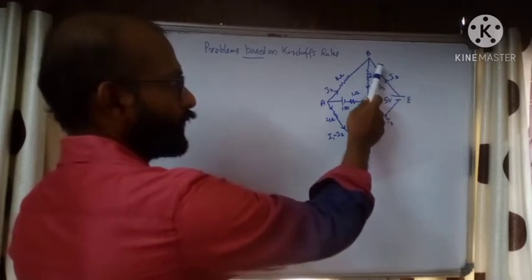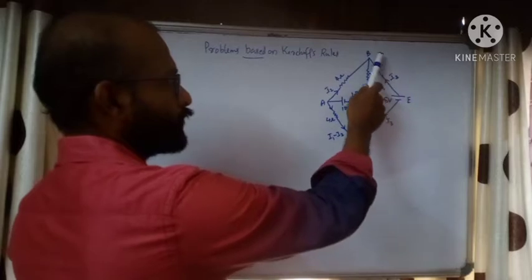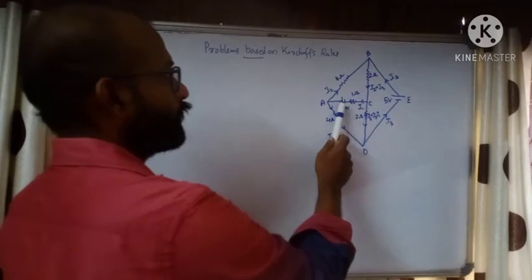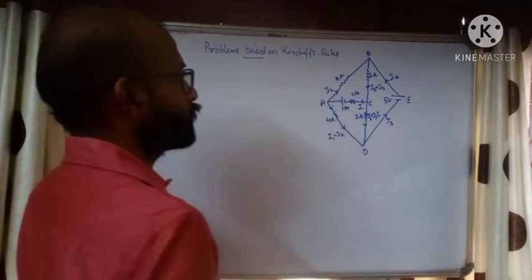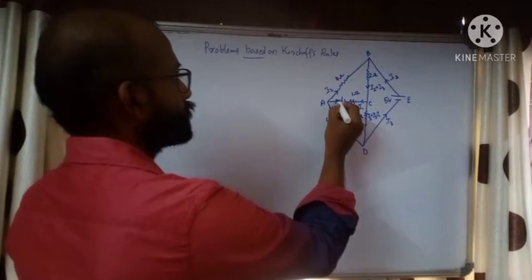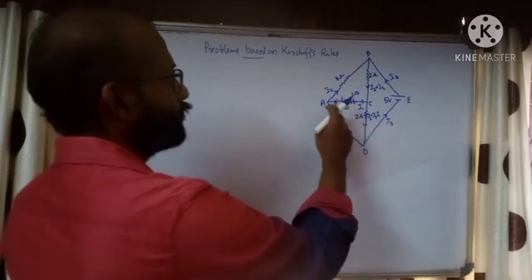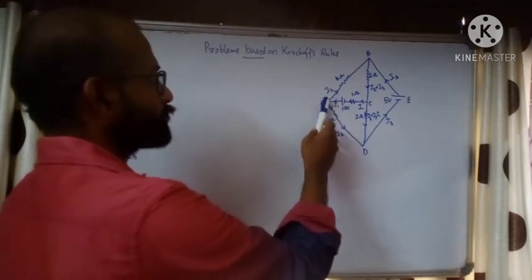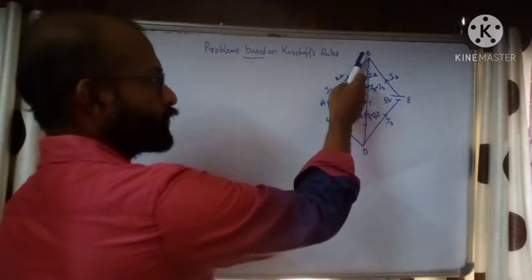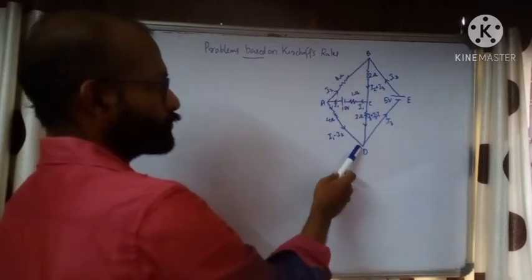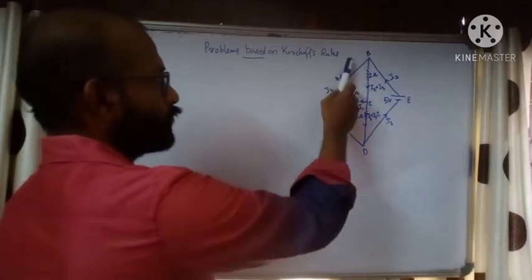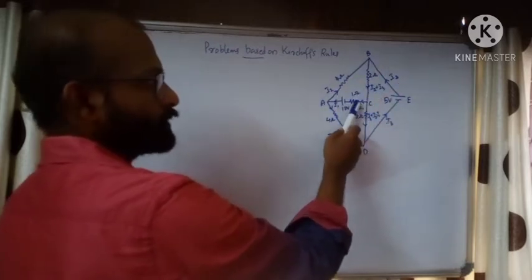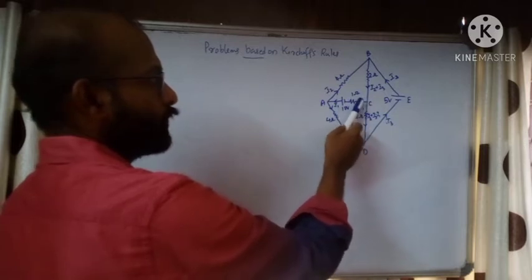This cell is giving a current I3. Imagine I3 is the current given by the cell, and at the negative terminal the I3 current enters like this. The positive of the 10 volt cell is giving a current I1. Then the I1 current splits here: some portion I2 moves in this direction, and the remaining I1 minus I2 comes like this. This I2 comes here, I3 also comes here, and they combine as I2 plus I3. But I1 is leaving the junction to the negative of the battery.